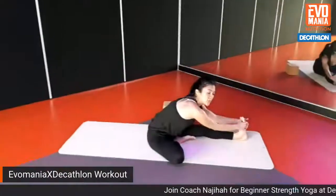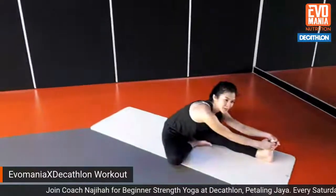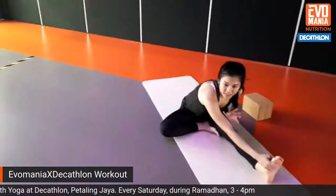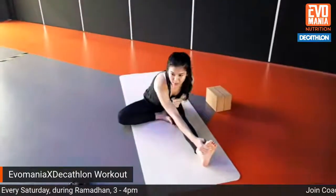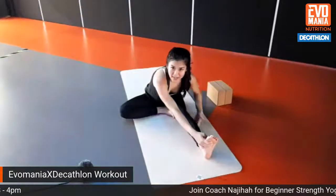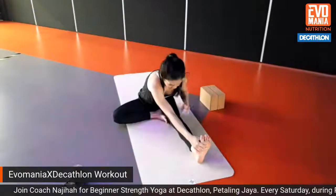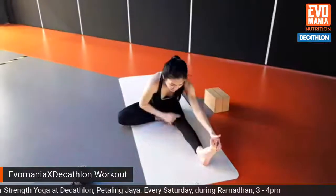So again, even when we're doing passive stretches like this, it's important for us to keep our muscles and body safe, right? Whenever we are lengthening one side, we're also strengthening the other side. So in life, there are always opposites, and even in yoga poses, there are opposites. Right now, we're lengthening our left hamstring, the back side of our left leg. So the opposite muscles, our quads, are doing the work, are contracting, right? So think about lifting your kneecap up towards your hips. That will help to lengthen your